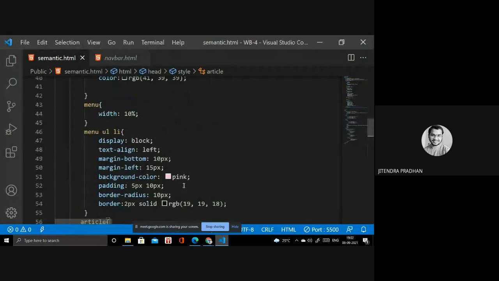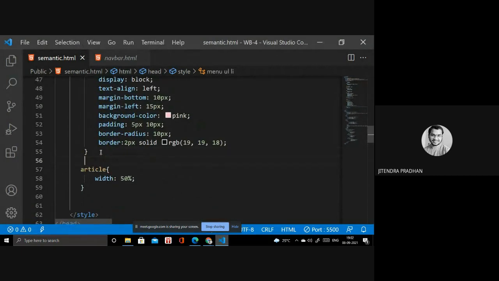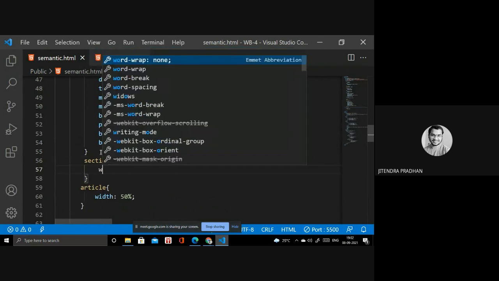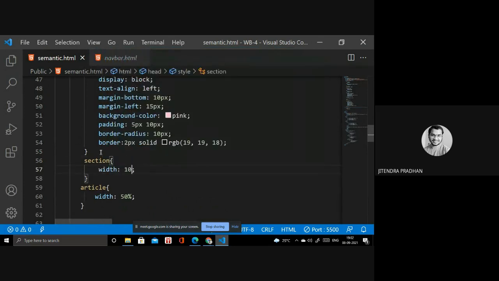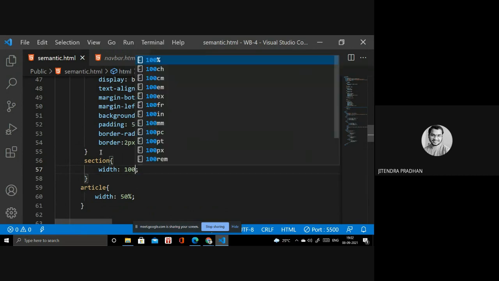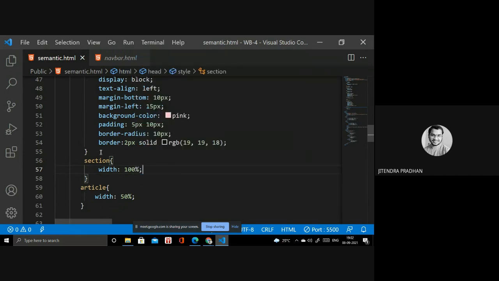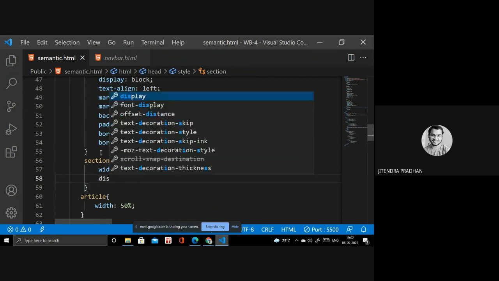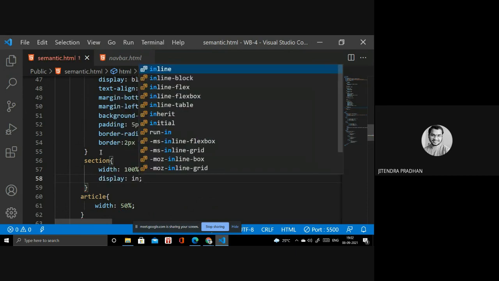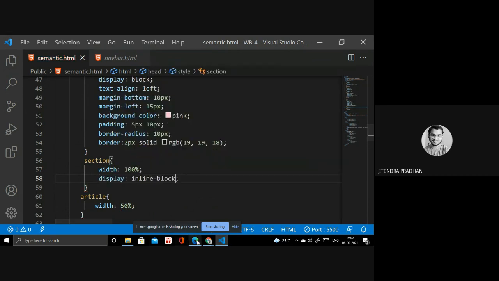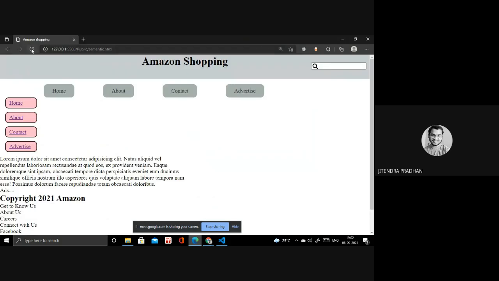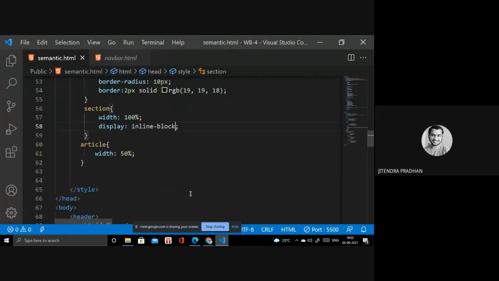So I will divide the section with a width of 100%, sorry, 100%, and it will be display inline-block, but it's not divided. Okay, don't worry, I will check.